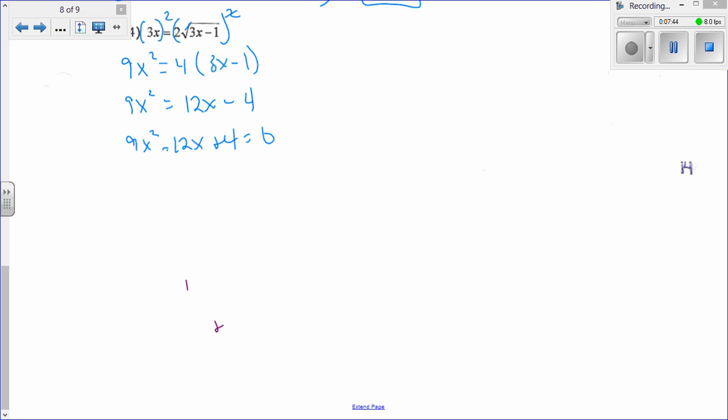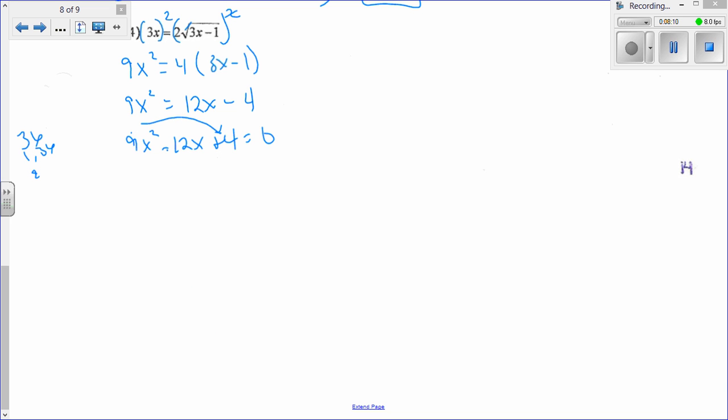So then I need to factor this. When I factor it, we can do it by grouping. So factors of 36, because it's 9 times the 4, and we need to get a negative 12. So let's see here. Factors of 36 are 1 and 36,